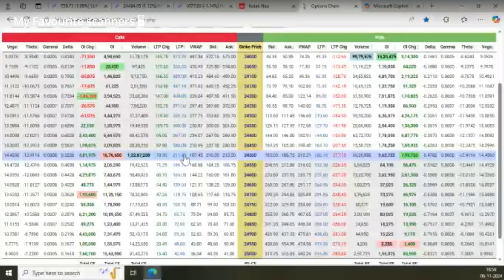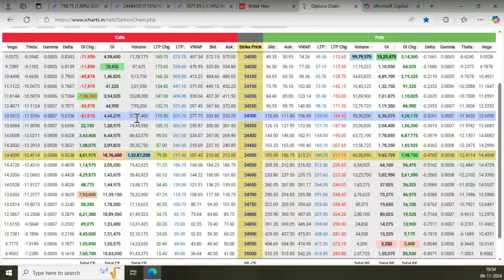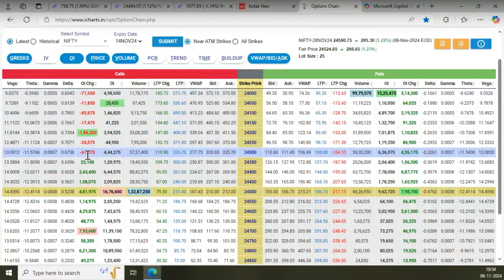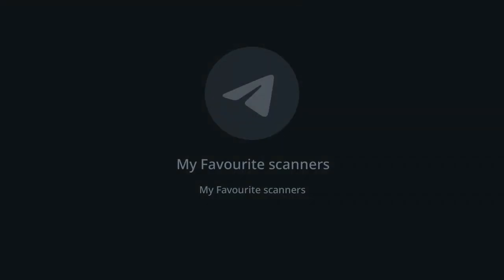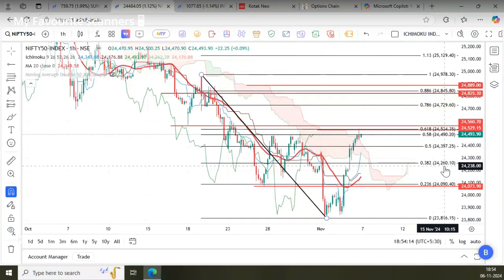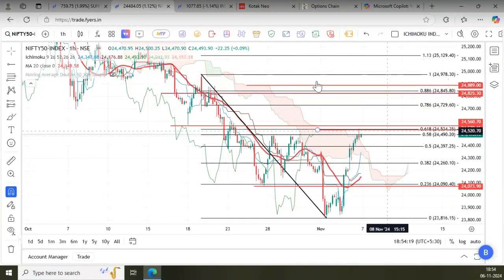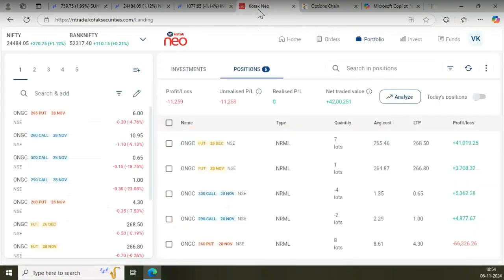But what is good is below 24,300, we are seeing all exits. So that means that 24,300 now becomes a very important support level. So let's go back here and here. Now that 24,300 level is this 0.382, 24,260. So 24,300 to 24,260 will become an important area. And